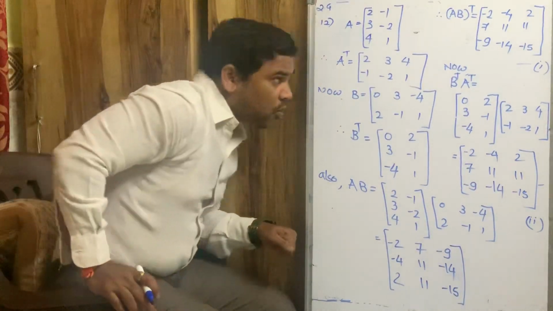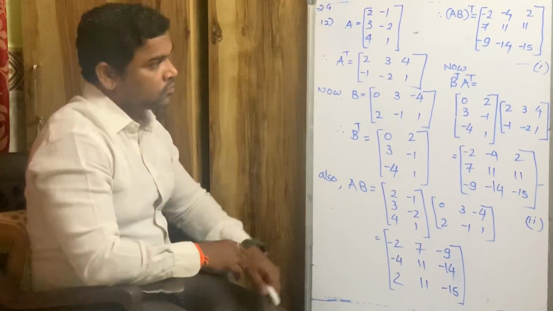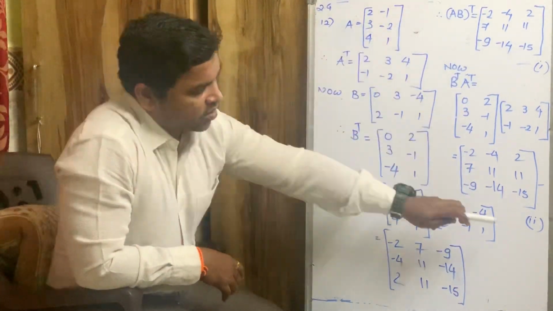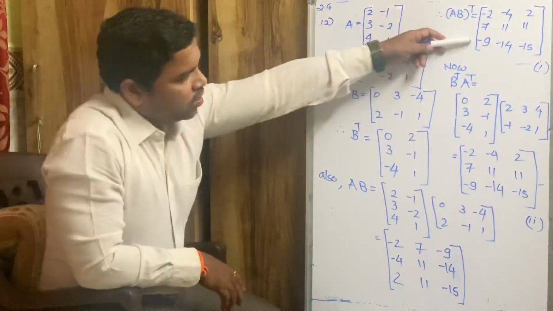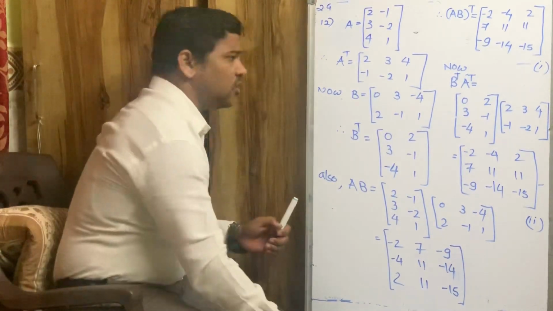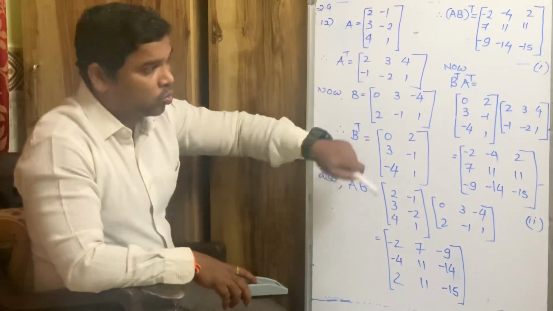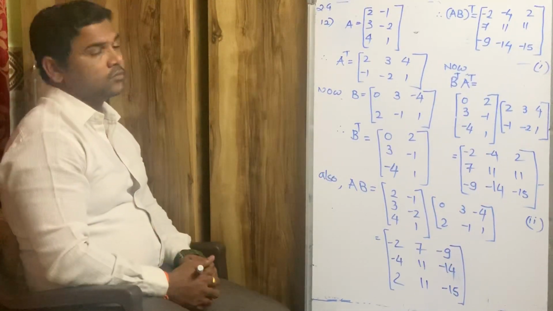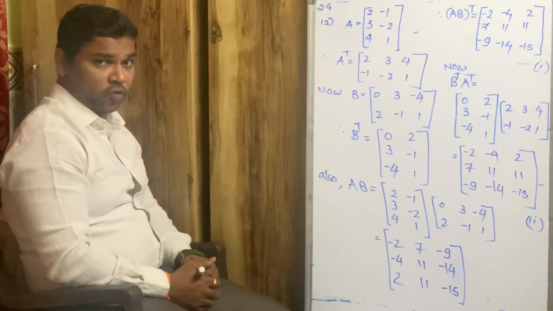Just take equation number 1 and equation number 2, are they same or not? Equation number 1 will give you AB transpose and equation number 2 will give you B transpose into A transpose. Just check it out. Both these values are same. So in the end you have to write from 1 and 2, AB transpose is equal to B transpose into A transpose, hence verified. That should be written in the end. Are you getting it? What you have to do?